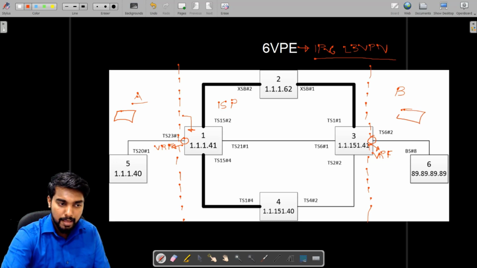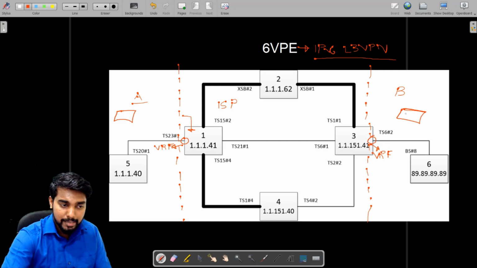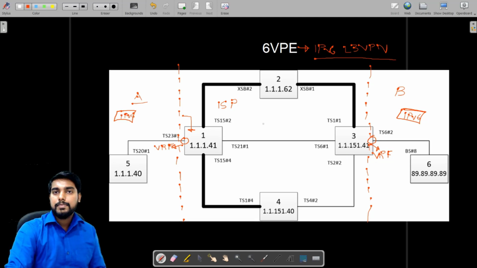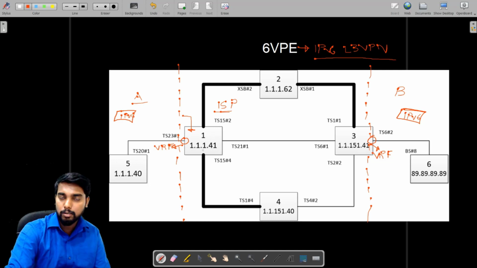So let's say I have a customer which is a new customer, and he is located in two different locations, site A and site B. Since he's a new customer, this new customer is using the new IP version, which is IP version 6, at both sites. And now this new customer wants to have communication between its two sites, between A and B. So he will approach the ISP and ask for communication from site A to site B, and this ISP has two routers at location A and location B.